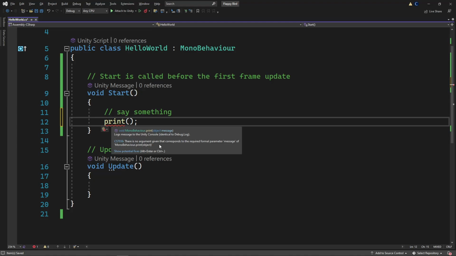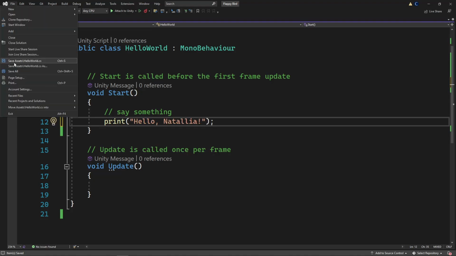So we want to pass in an argument that says what we're printing to the screen. We can do that by hitting double quotation marks. And with that, we can type in our message here. This is a double quotation marks. This is how we say something. It's called a string object if you're curious. So we can type in whatever we want here. So I'm going to type in hello world. I'm going to save that. I can type in whatever I want. I could say hello world, hello Flappy Bird, hello, I don't know, Talia. Am I spelling that right? Perfect. So I click File, Save, or Control S, and the script will start to work for us.